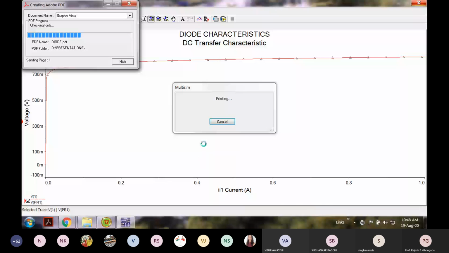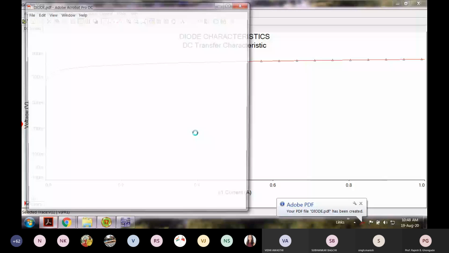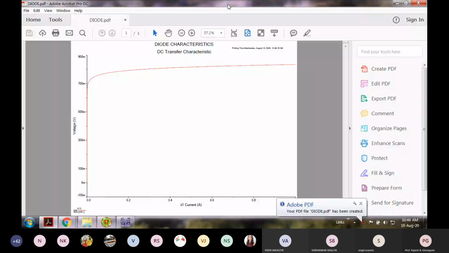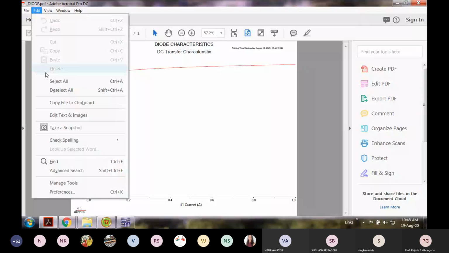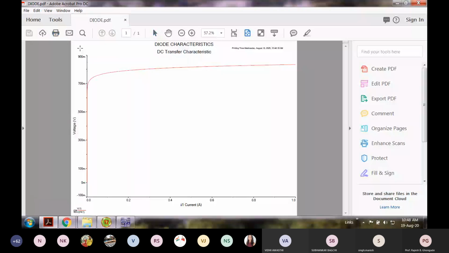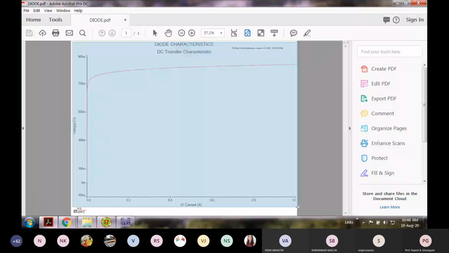Okay, so this is the document which has been created. Now, I don't know whether you can take a snapshot of this. I can take a snapshot like this.